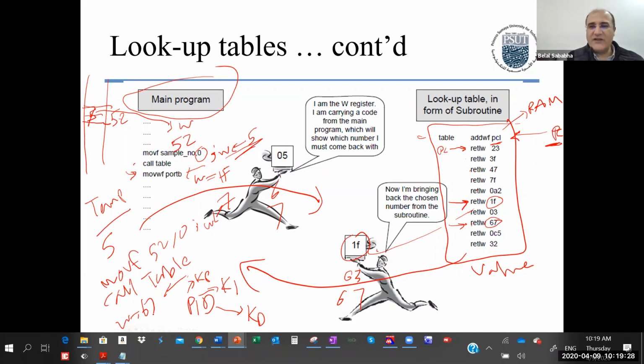Okay. If you send a 0, you're going to return a 23. If you send a 1, you're going to return a 3F. So if you want to visualize this table,